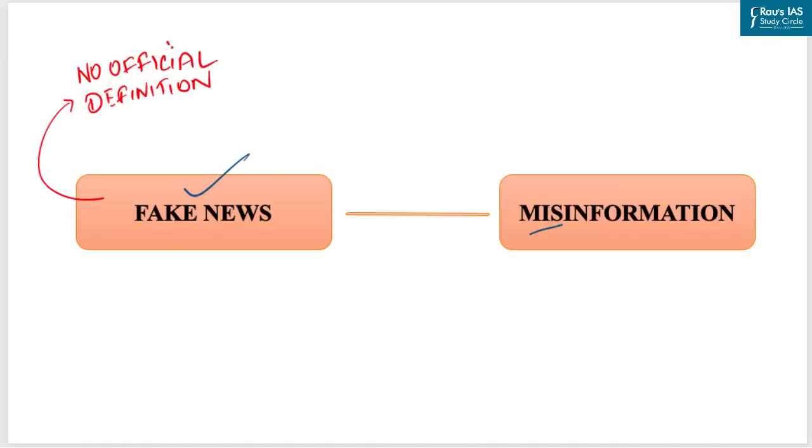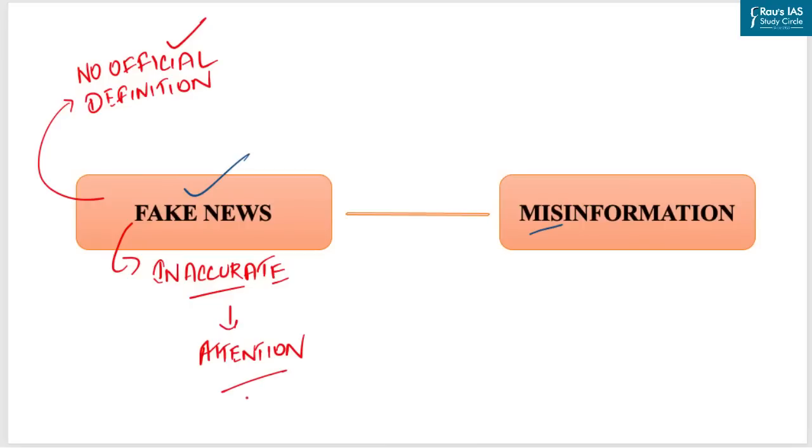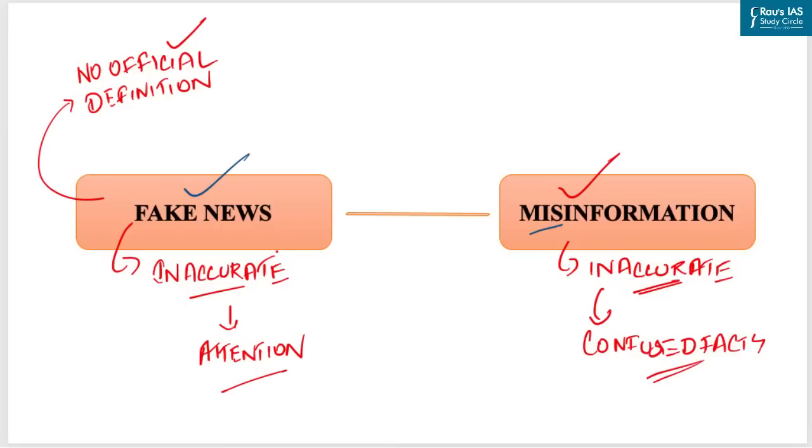Though there is no official definition of fake news, it can be defined on the basis of its occurrence and repercussions. Fake news is an inaccurate, sometimes sensationalistic report that is created to gain attention, mislead, deceive, or damage a reputation. Unlike misinformation, which is inaccurate because a reporter has confused facts, fake news is created with the intent to